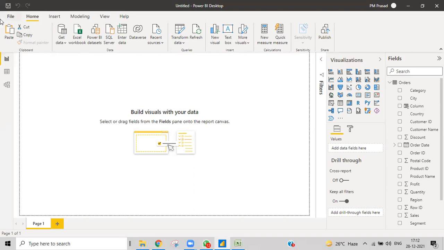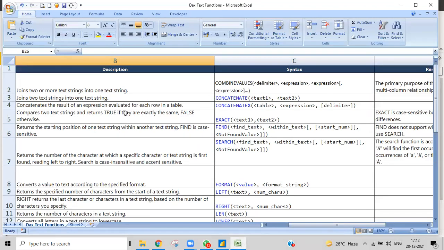Then we'll go and understand what the functions are. DAX is nothing but Data Analysis Expressions; that is its name. It is used to create calculations, columns, and tables in Power BI.